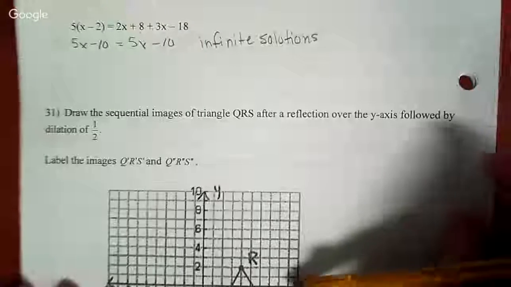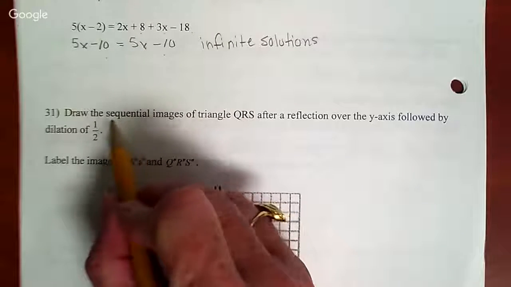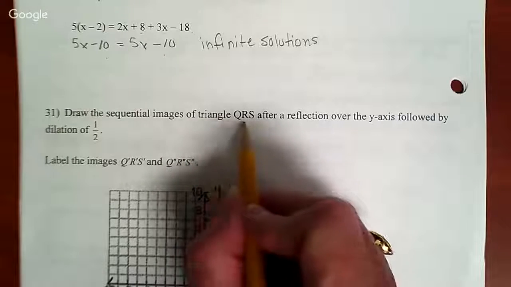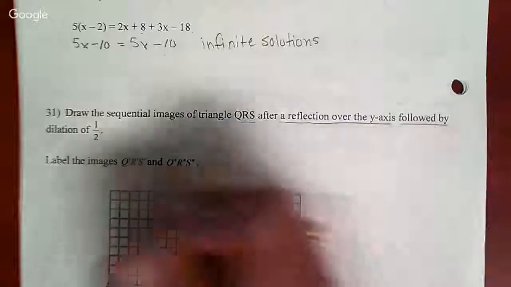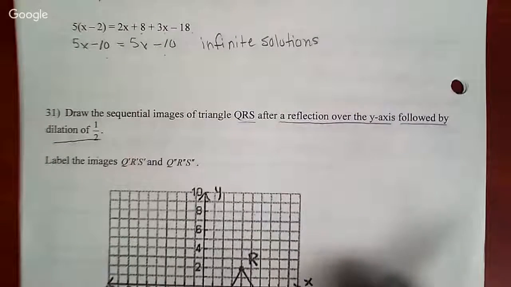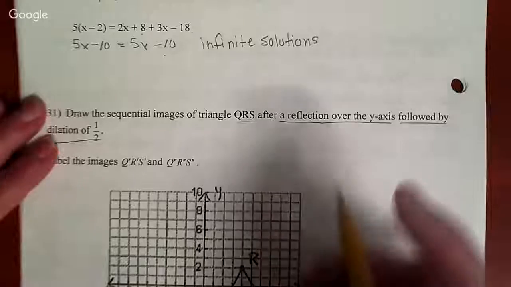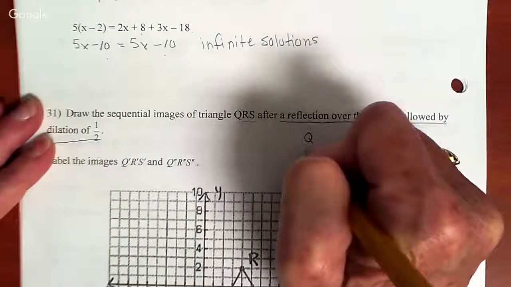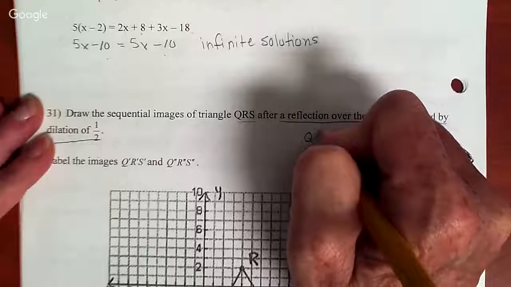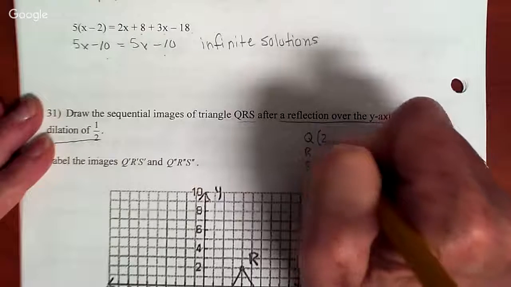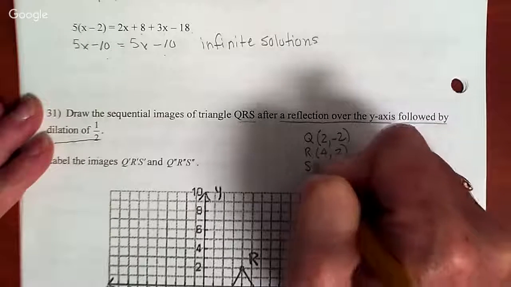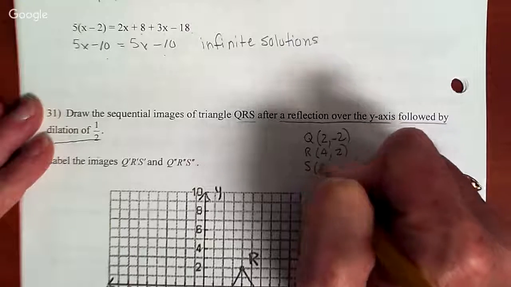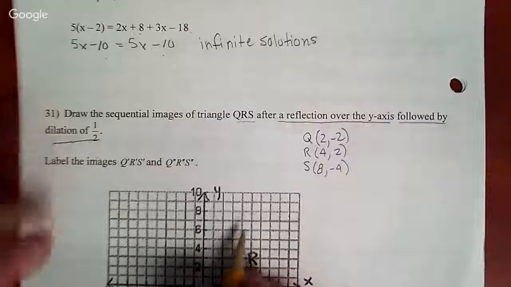So now number 31 says to draw sequentially images of triangle QRS after a reflection over the y-axis followed by a dilation of 1/2. Okay, and we have to label the images. So first of all, going from QRS, we have 2, -2, 4, 2, and 8, -4. Our new points would then be